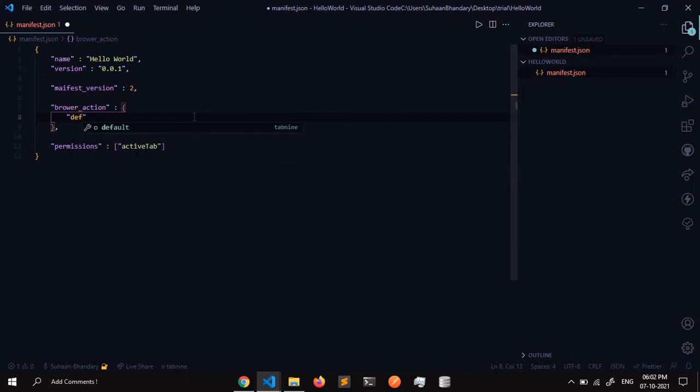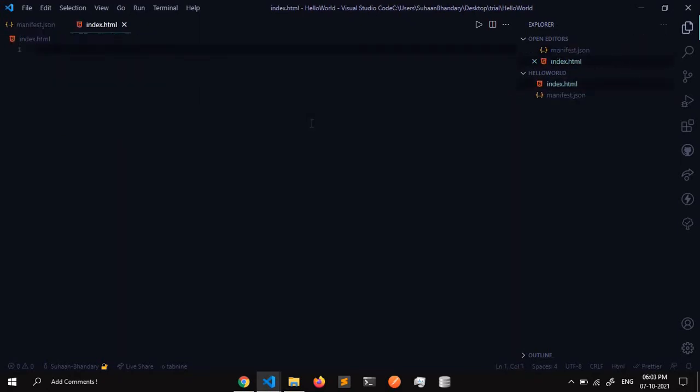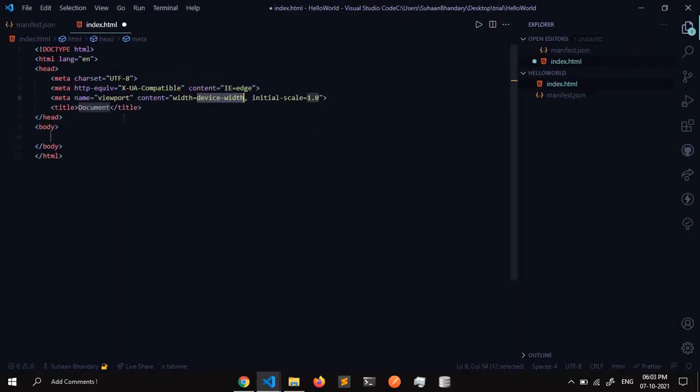First one is default pop-up, meaning when we click on it, what pop-up should appear by default. So in this case I will give index.html, and the main thing is done. Now you have to simply make a website as we normally do.